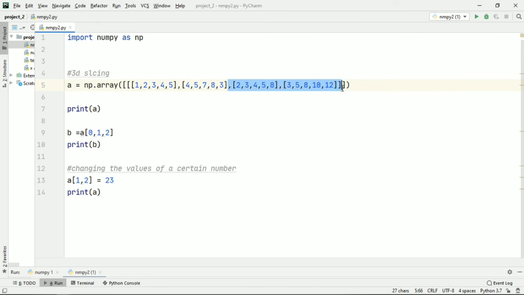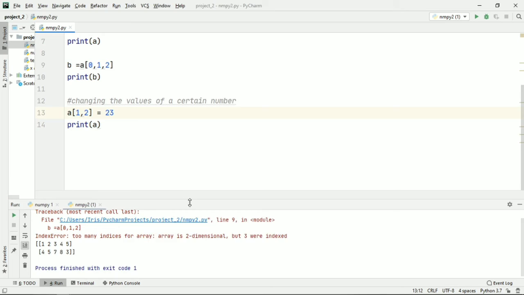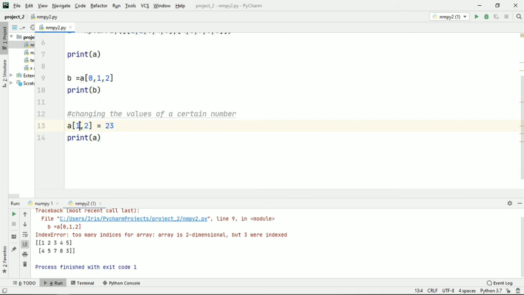Let me just change that. I'm doing my work on a two-dimensional array, that's why it gave that error. Okay, so here we've got a two-dimensional array, and now we want to change its first row and second column, that's 8. We want to change that to 23. So we'll simply specify its row, column, and equate it to the value that we want and reprint the function. And okay, that's still giving an error.